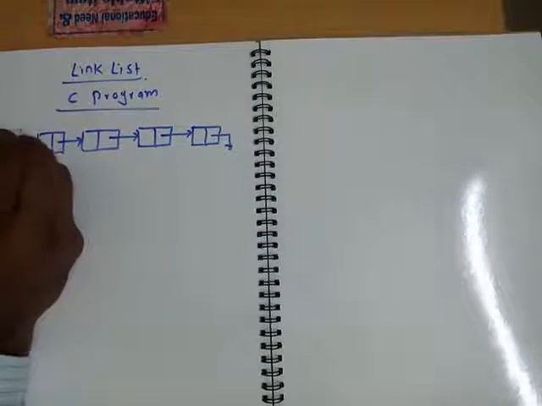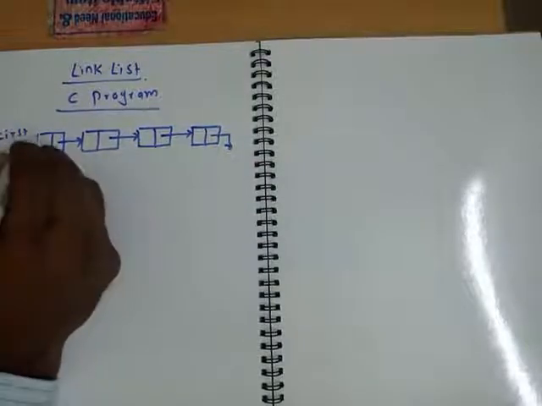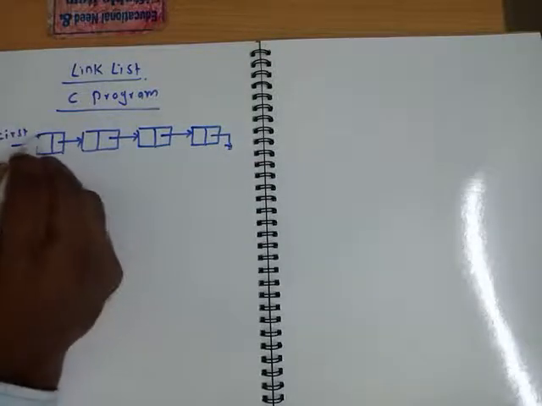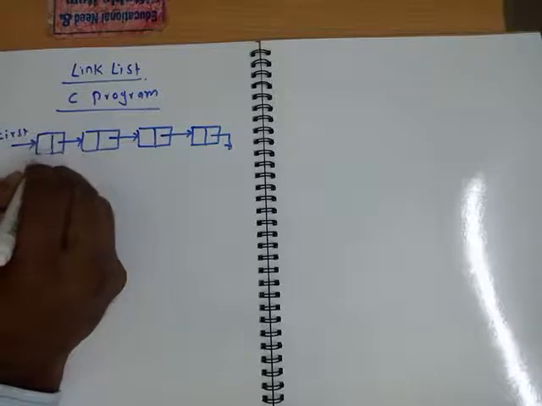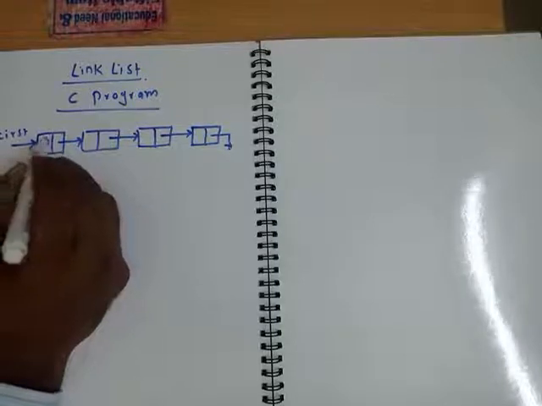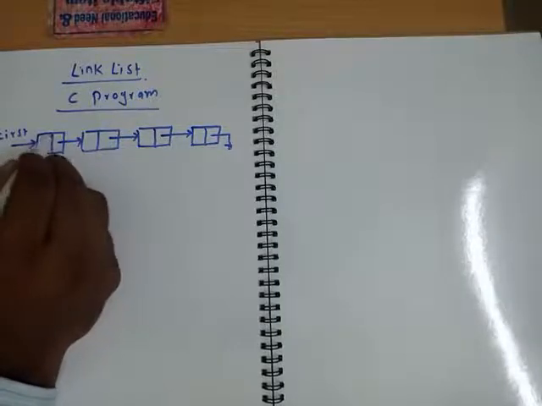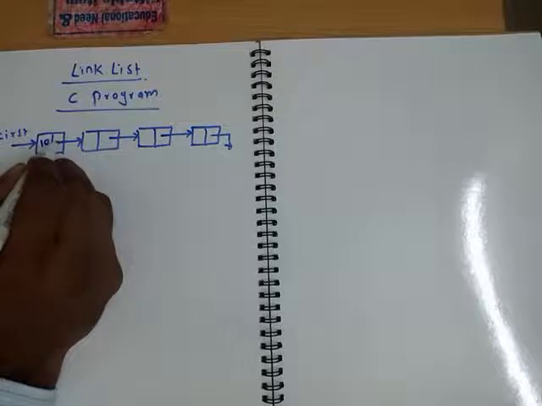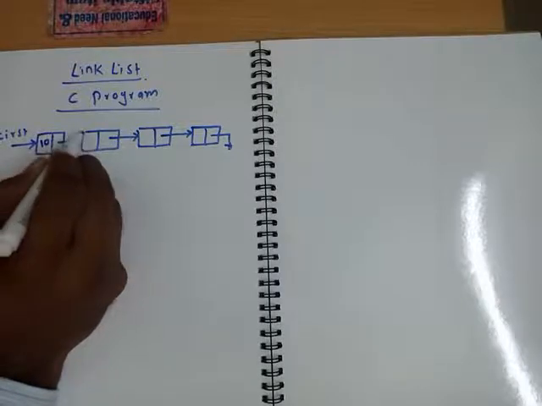We always have a pointer pointing to the first node of the linked list. So this is a typical node of the linked list. It has two parts. The first part in which we store all our data is called the data part. For simplicity, our data part will be storing only an integer. The other part of the node contains a pointer, or will store the address of the next node of the linked